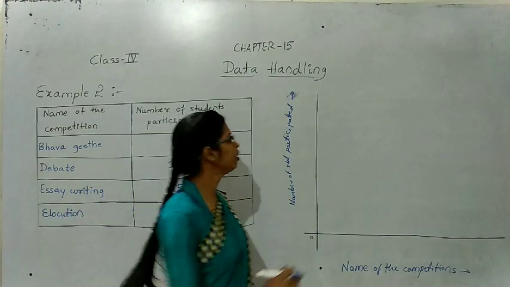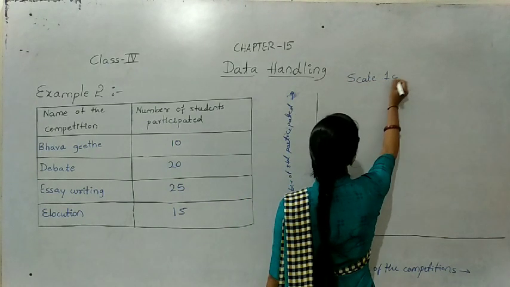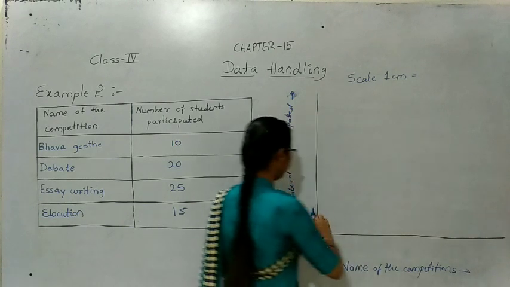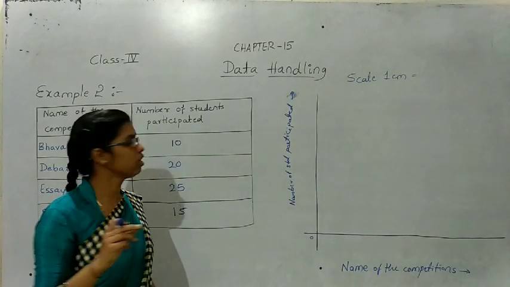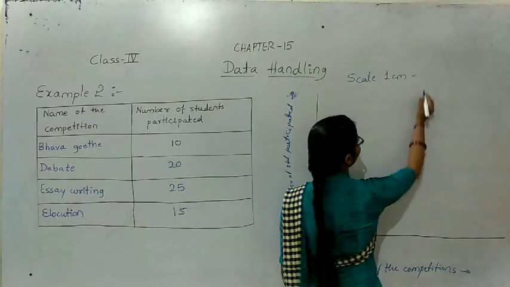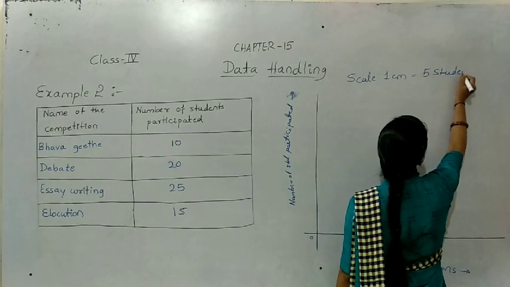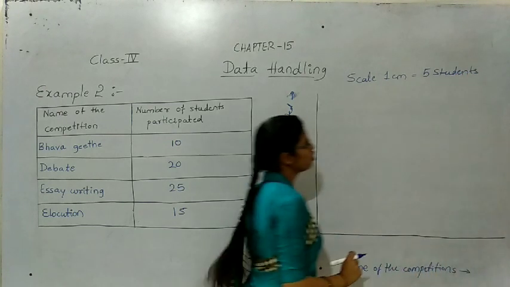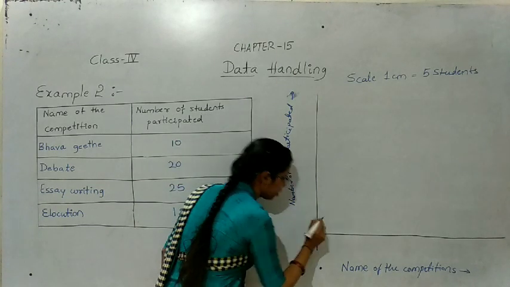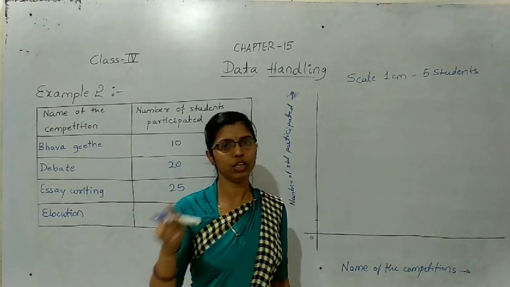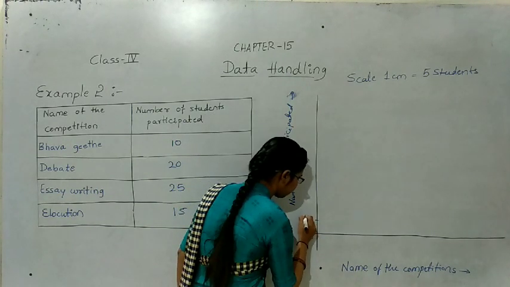For the scale, I take 1 centimeter equal to 5 students. 1 centimeter is exactly equal to 5 students. In the previous graph we started from 1, 2, 3, 4, but here I start from 5,